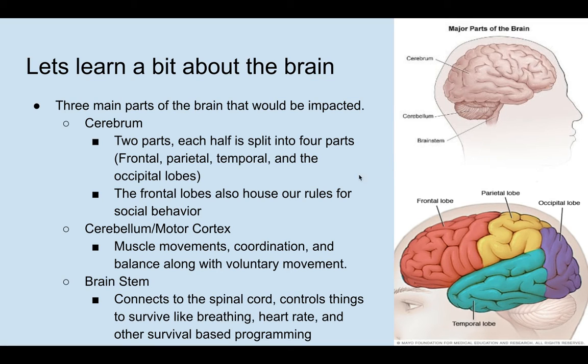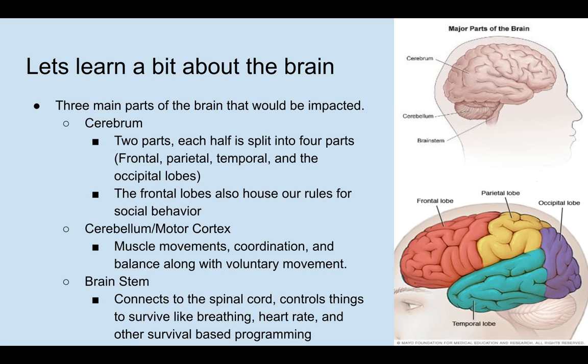The frontal lobes also house rules for social behavior. The frontal lobe is responsible for cognitive functions and voluntary movements. The parietal lobe is responsible for processing information about temperature, taste, touch, and movement. The temporal lobe is responsible for processing memories and giving them the sensation of it, like touch, taste, sound, and sight. Then the occipital lobe is responsible for sight.